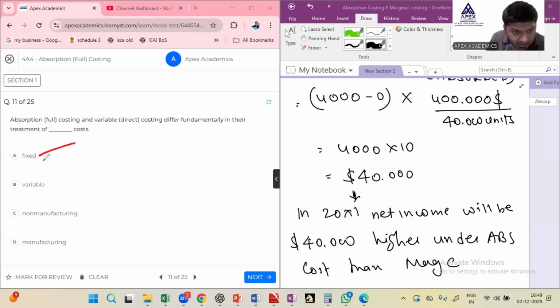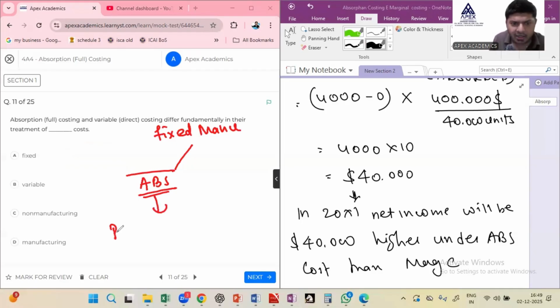So please remember, write like this in your notebook, that when we're talking about fixed, please try to understand, when we're talking about fixed manufacturing. So write it like this. Just draw this chart, pause your video, write it like this. Fixed manufacturing, write down absorption. Under absorption, write down product. And in brackets, write down